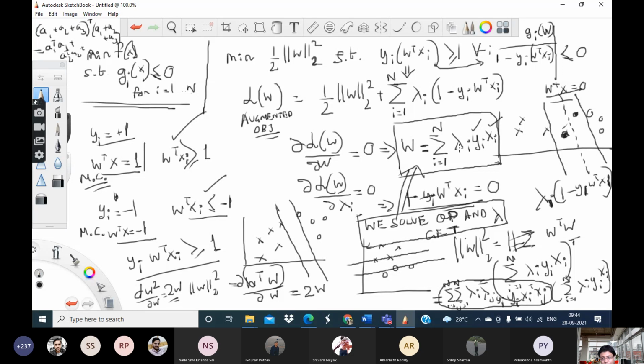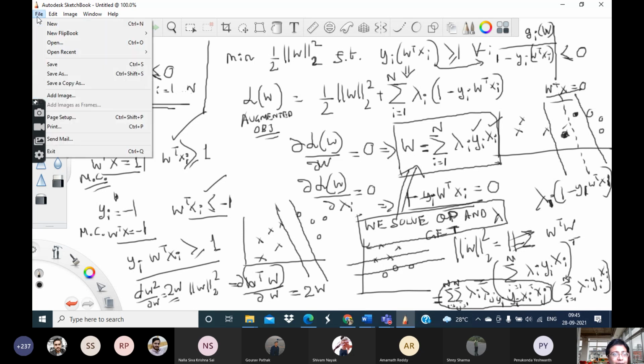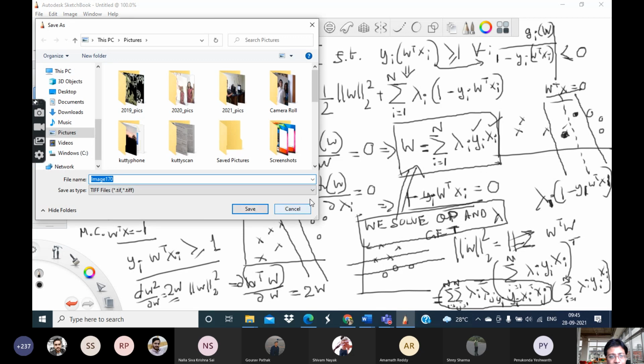So what is w? Then basically w becomes a linear combination of all the xi's. yi is the class label, which you anyway know from the data set. The lambda i's you are getting by solving the quadratic program, so they will be just some scalars, some numbers. And yi is just +1 or -1. So basically you are multiplying each of the training data points with a particular constant, a scalar term, adding them up and getting w. This is the final expression for w, which is nothing but a linear combination of all the data points.